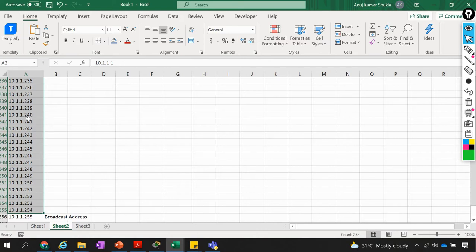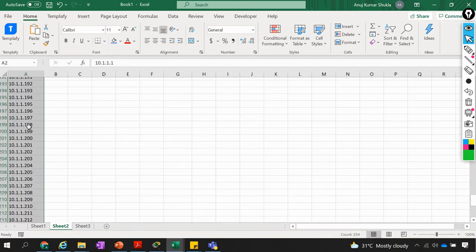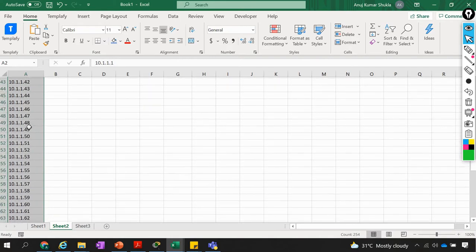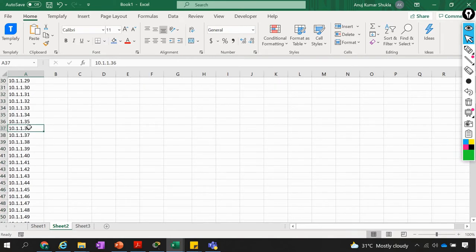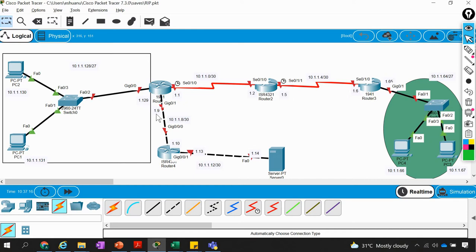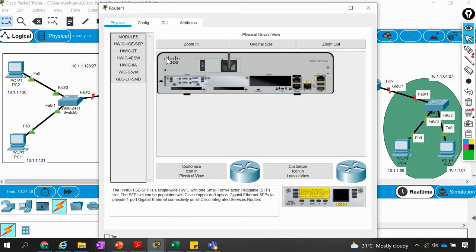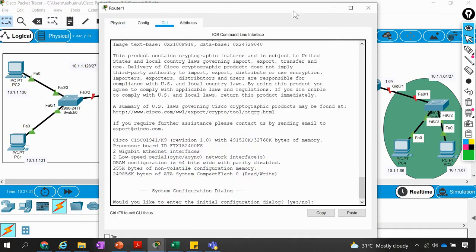But suppose you keep on using these IP addresses, the first IP like 10.1.1.1 and 10.1.1.2 on our routers, if you assign one IP here and one IP here, let me show you the error, otherwise I'm not feeling good about not showing it.